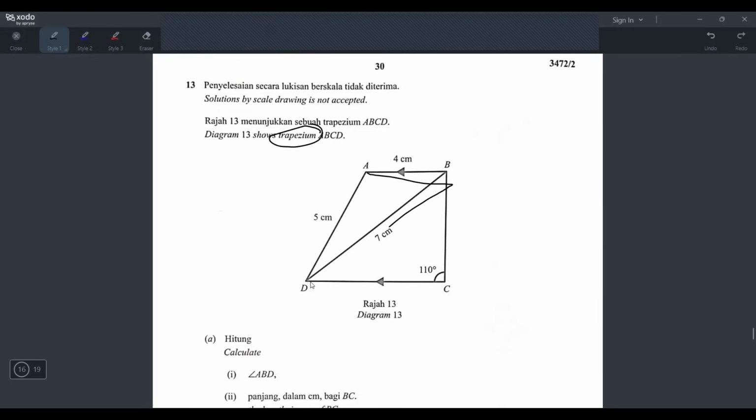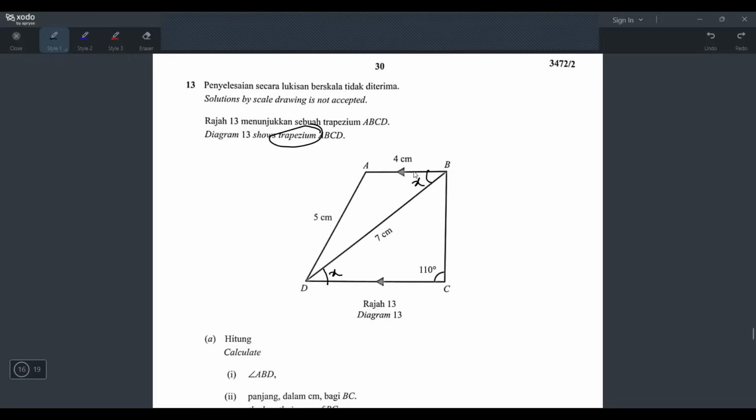And we can see there is a Z shape here. And if there is a Z shape, means what? It means this angle and this angle will be the same, right? But I still don't know the angle yet, right? So it's okay, I'll just call it X for now. But I do know that they are the same angle, right? And I also noticed one thing here. This triangle up here, we can use cosine rule to find this angle, right? Because this atas punya triangle, we have three sides. And when you have three sides and you want to find any angle inside, then you can use cosine